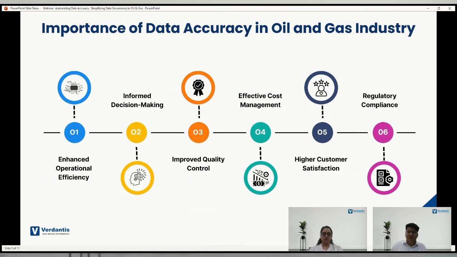Eventually it all boils down to driving higher customer satisfaction, that is, making sure that the parts are available to the internal stakeholders on time. The internal users are able to deliver it with the reliability that is desired from a supply chain process perspective. The end goal is to be able to deliver the end results and output to the customer in a quantifiable and qualitative manner. This essentially is going to drive higher customer satisfaction when it comes to industries such as oil and